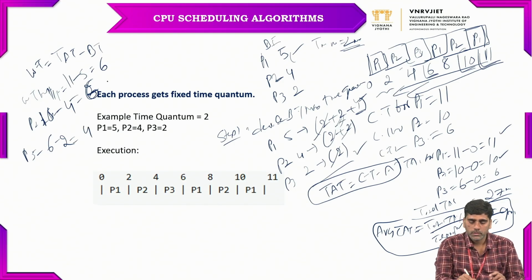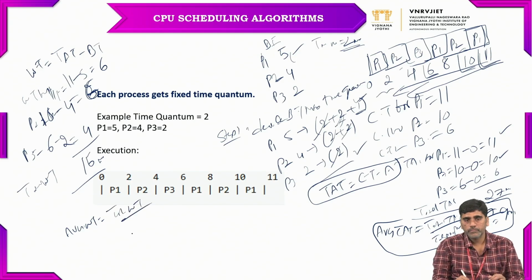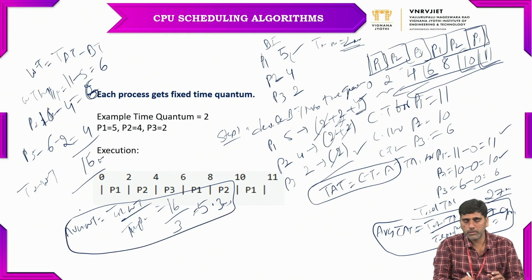So calculate all this. 6 plus 6 plus 4, that is 12 plus 4, 16 milliseconds. So this is the total waiting time. From this we have to calculate the average waiting time. Average waiting time equals total waiting time divided by total number of processes. So 16 milliseconds divided by 3, that is 5.3